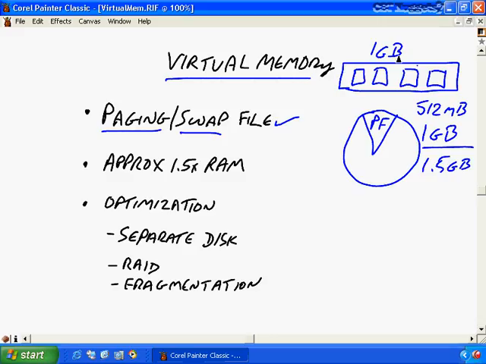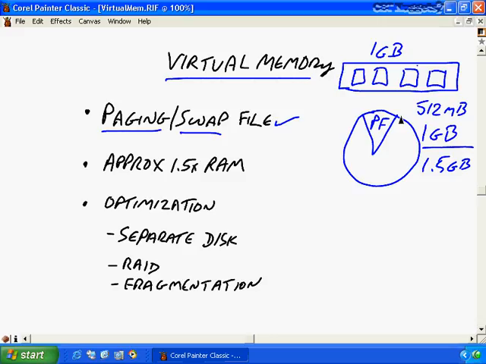Well, I've only got a gigabyte of RAM. So what's going to happen? It's going to say, you don't have enough RAM to run all this stuff, cowboy. So what we're going to do instead is we're going to throw you off to the paging file, and it'll trick your applications into thinking that they're running off of RAM when they're really being sent and retrieved from